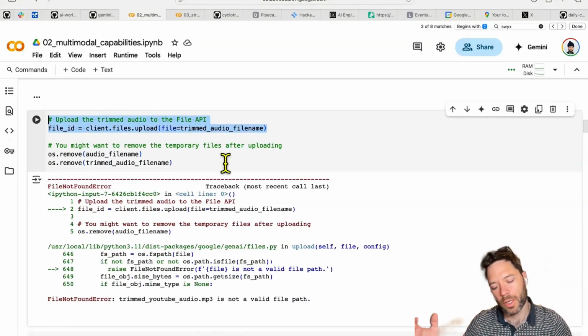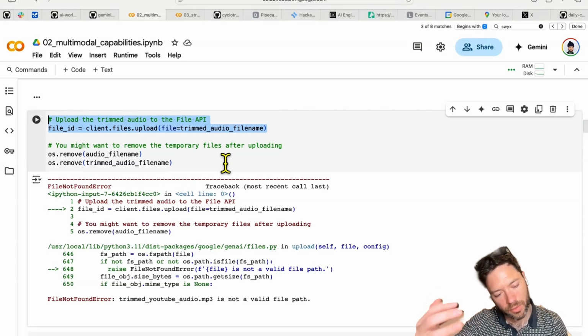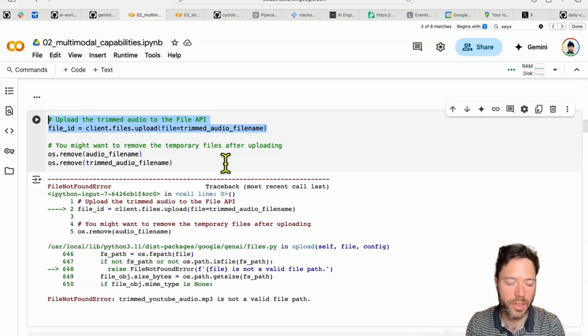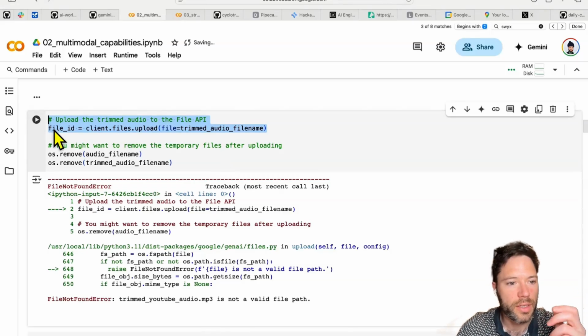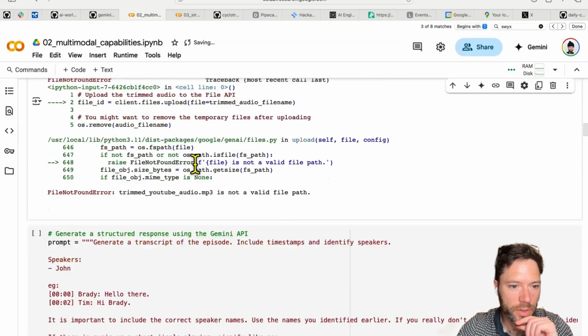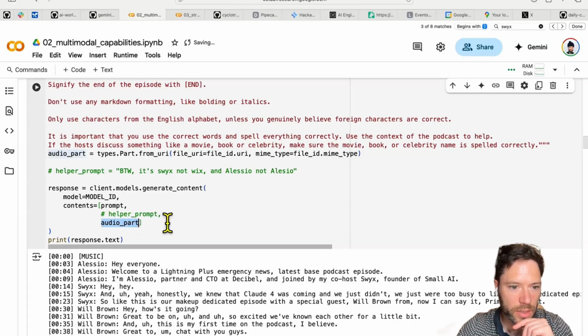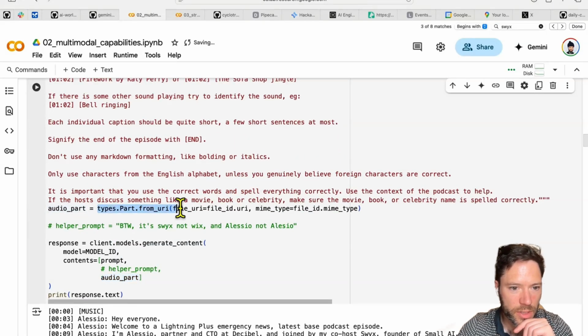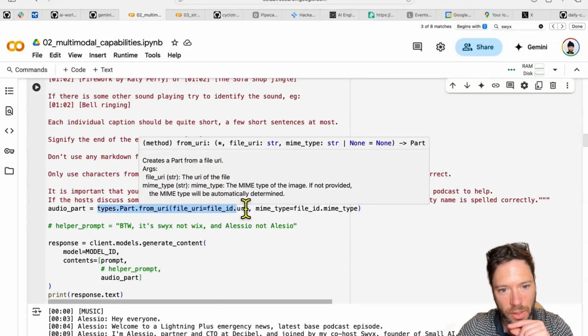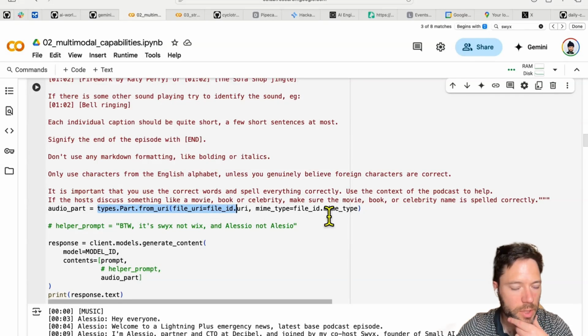So one of the ways you can use Gemini is by uploading files, which are rather large, up to 20 gigabytes. And then you can pass them to the LLM as context, which is nice because you can pass in JPEGs, PNGs, PDFs, audio, videos. So you get the file ID, and then you're going to pass it for doing inference. You're going to pass it into the model right here. So you're going to pass in the audio effectively, which needs to be set up as a types.Part from URI with the file.uri and the file.mime_type.